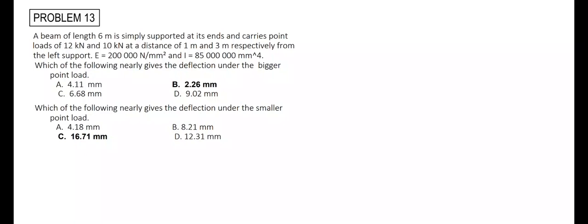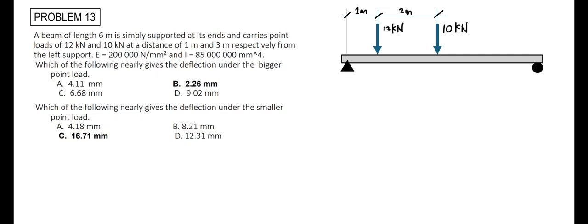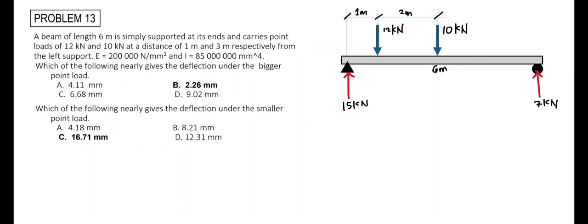smaller point load. To solve this problem, I'll be using the method of virtual work for beams to solve for the deflection under the bigger and smaller point load. So by solving for the reaction using statics, you'll get these values. We proceed formulating our moment equation. So let's try to consider the left-hand section of the beam. Going from a distance of x at the left support,